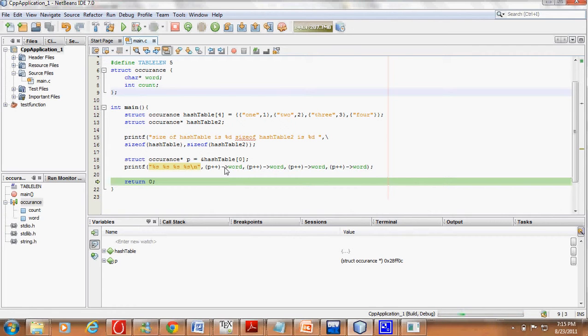But in most GCC compilers it is from right to left. So what happens here is that it evaluated p plus plus word. So 1 was evaluated, then p plus plus word 2 was evaluated, p plus plus word 3 was evaluated and p plus plus word, so 4 was evaluated.